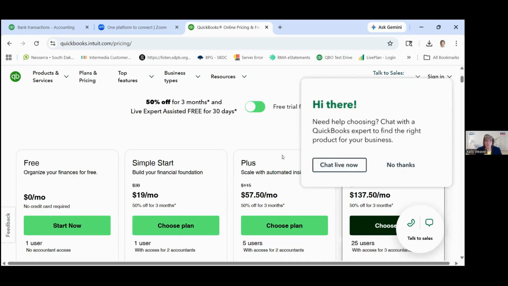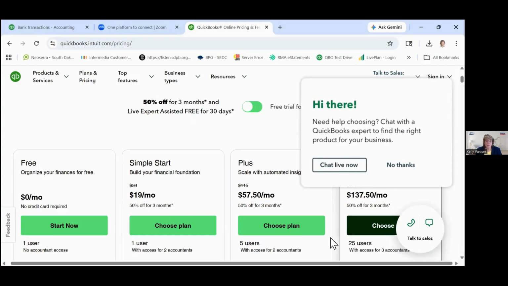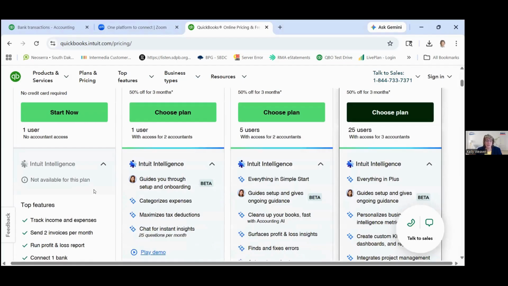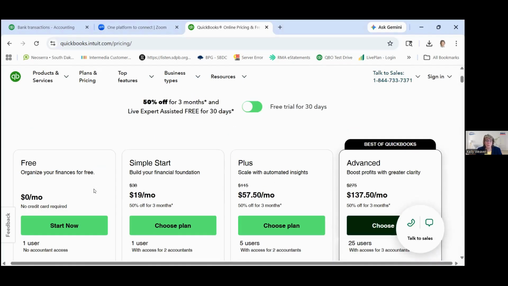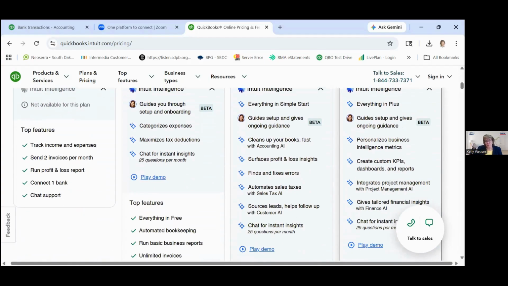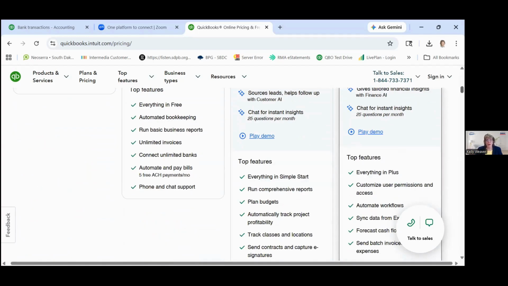I would say most people are in this Plus category for what they need for basic services. So the discounts can help, and the discount also from the SBDC side does not apply to Simple Start. It only applies to Plus and Advanced. So if you're looking at the smaller level version, now this is interesting. I don't think I have seen a free version of QuickBooks. Wow. Track income, maybe you want to try that instead of Wave, and then you can easily transfer. The nice thing about the way the versions are set up, you can unlock the features of the higher versions, just change your subscription and all your data stays there.